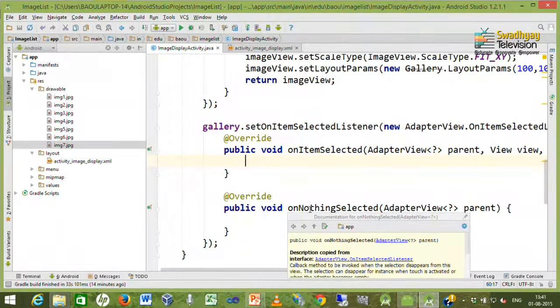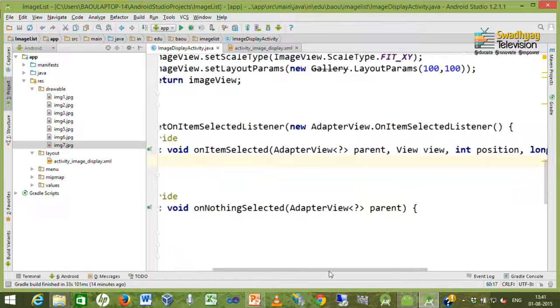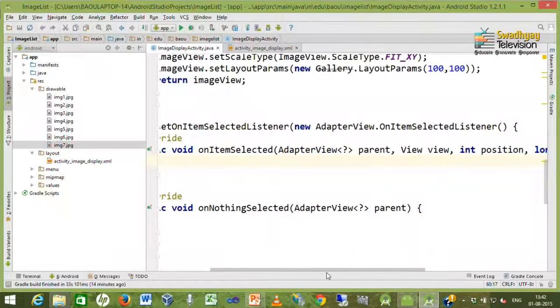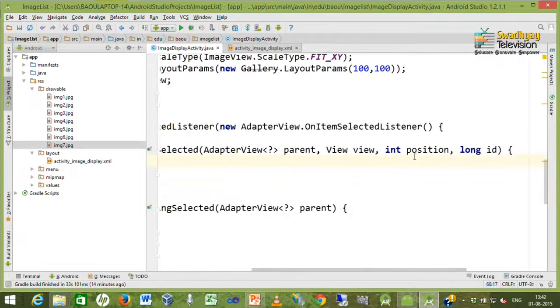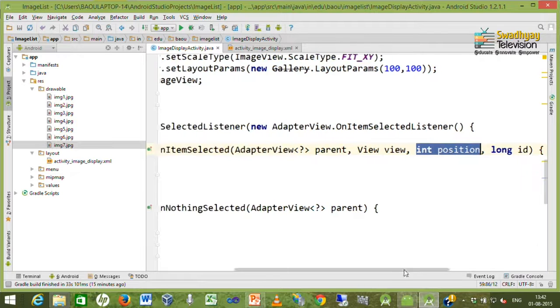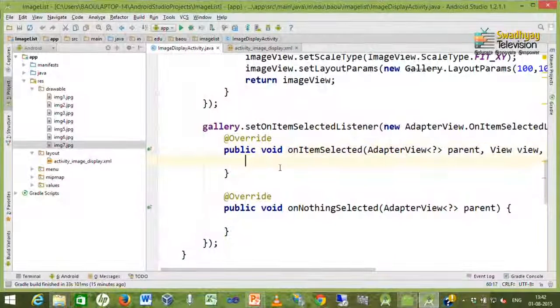So, here as in the case of list and spinner, inside position we get which item is placed inside the gallery.